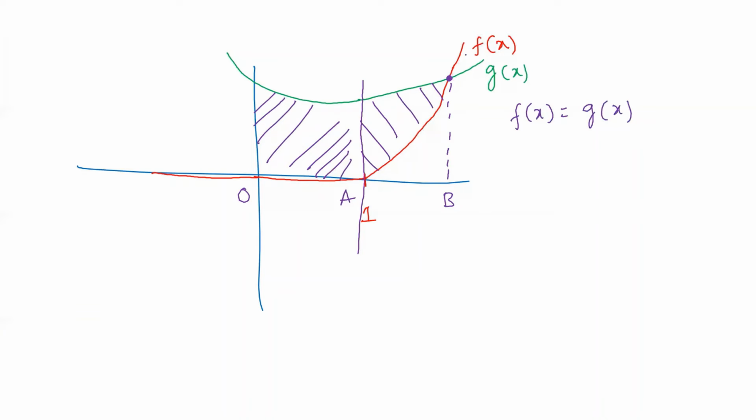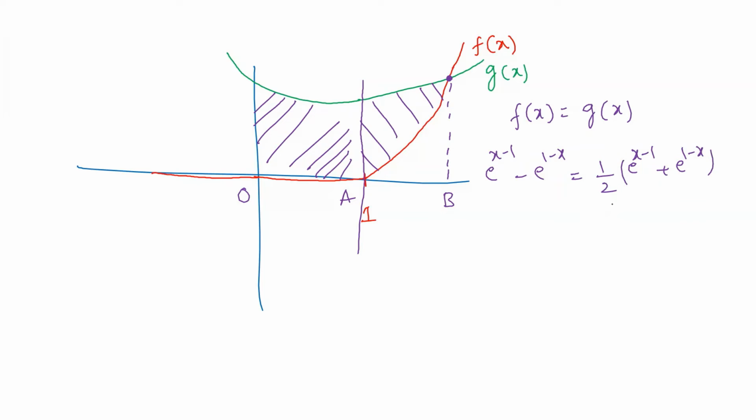And here we know x is greater than 1. So f of x came out to be e raised to x minus 1 minus e raised to 1 minus x. And in the question, g of x is given as half of e raised to x minus 1 plus e raised to 1 minus x, right? So this is what we got here.